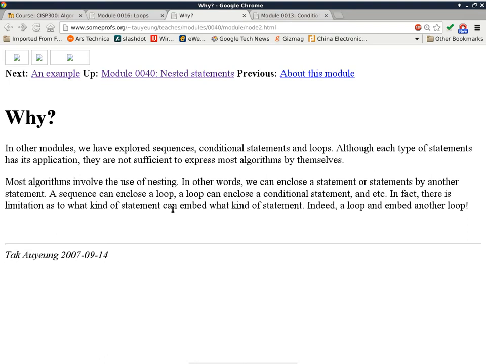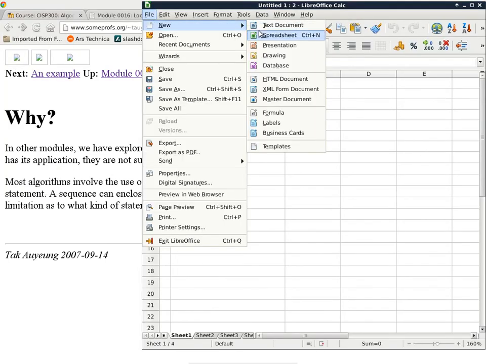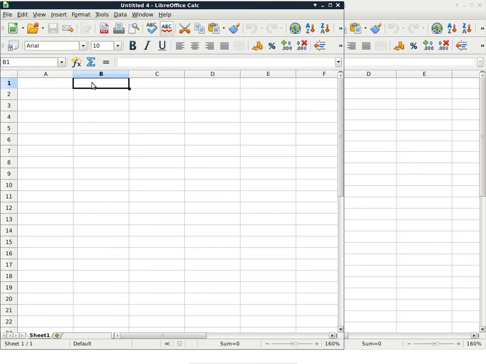Okay, so let's look at one example of an algorithm with nested statements, and we'll do another trace. Let's write another algorithm in a spreadsheet. And let me think about what to do with this one. Okay, I know what. So x gets 0 while x is less than, let's say 5. The do part is kind of optional. I just add a do here because in Pascal there's always a do. And inside I would use a conditional statement. I'll say if x equals 2, then y gets y plus 1,